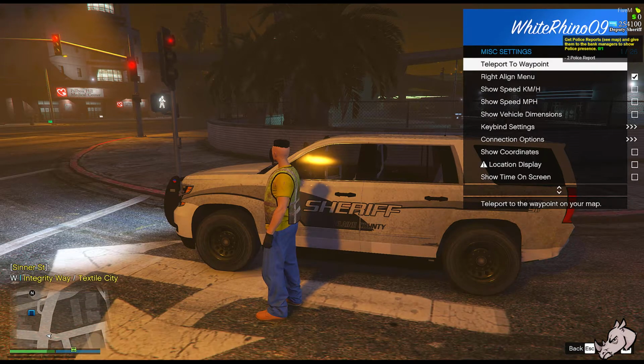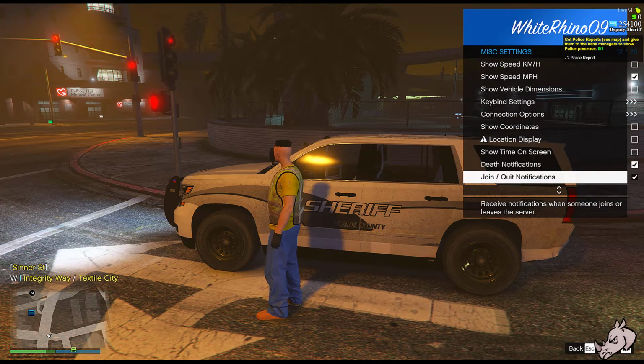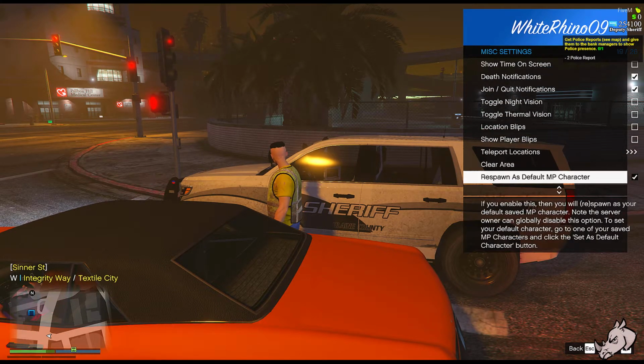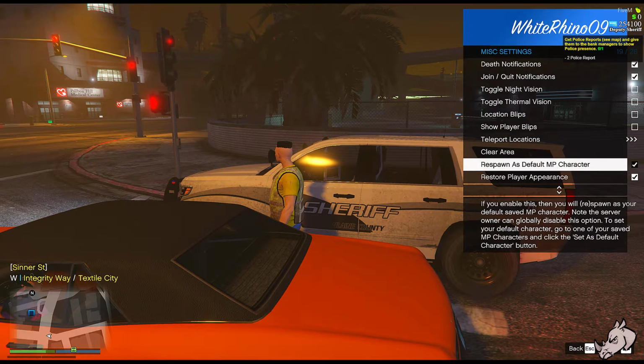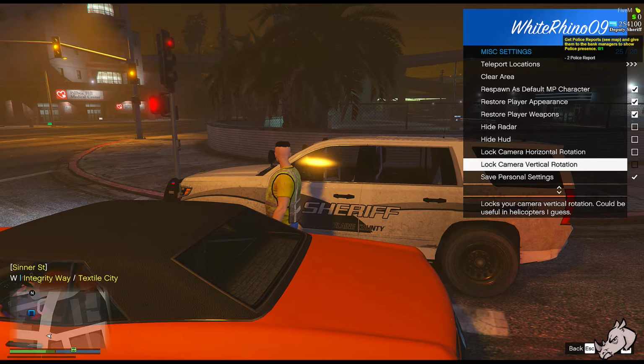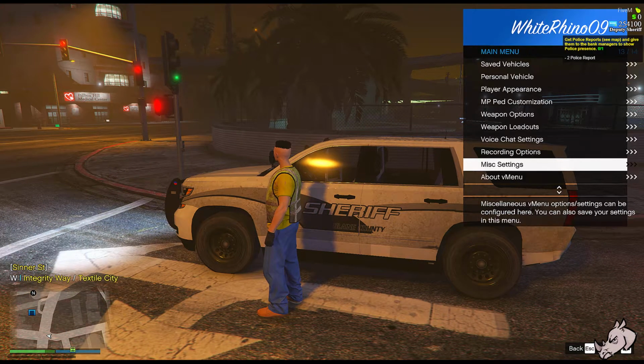And then I also believe in miscellaneous, there's a few things. You can change this to miles per hour if you prefer to see miles per hour. Some of these other things, like I said, I don't want you guys touching just to keep the realism and so that you're not ruining things. Now, you can change it to respawn as default MP character so that that's selected. You can change the radar and the HUD if you want to make your screen look a little bit more realistic. Things like that are acceptable, but anything that's going to go outside the role-playing element will not be acceptable,